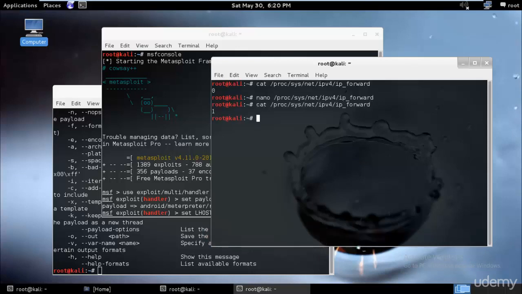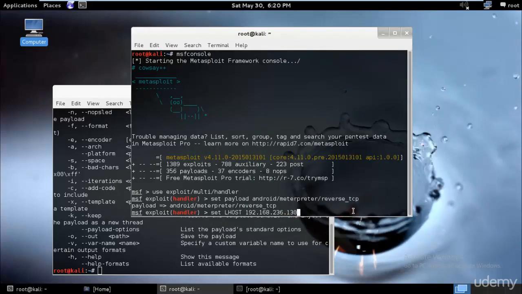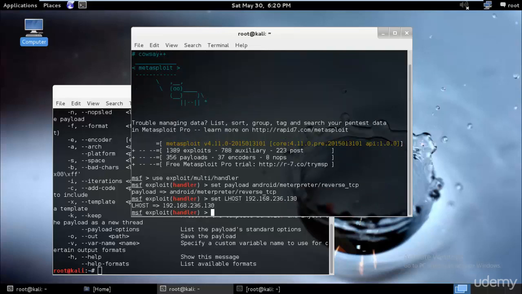And again, let's check whether, yes, perfect, it's 1, that means port forwarding is on. So I'll just minimize this for the time being, and this would be my IP address. I have forwarded this port, so I'll just go ahead and hit enter. So I have set up the lhost, and at the last step, now we need to go ahead and exploit